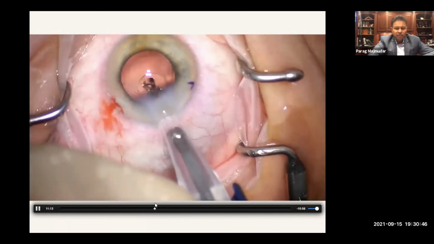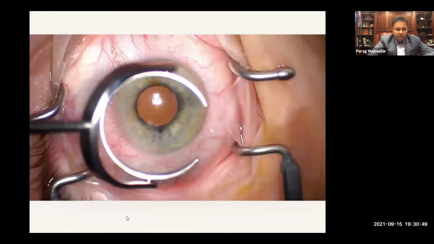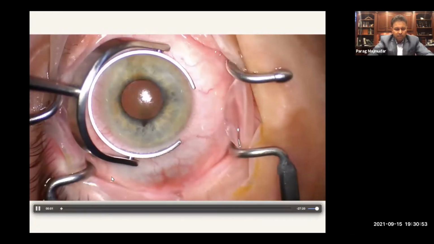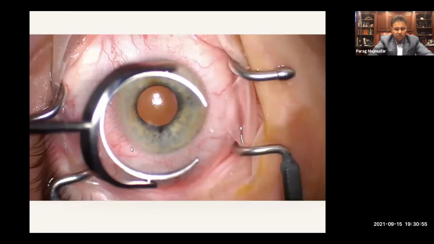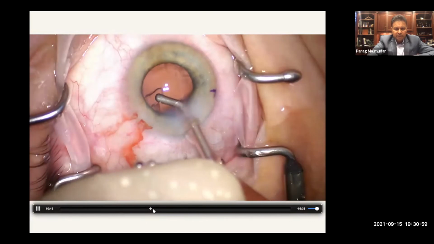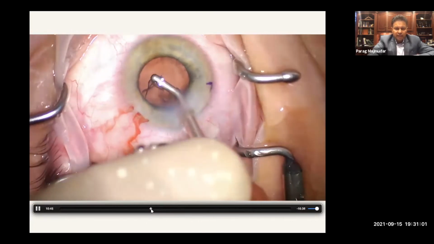So now once you have sorry about that. back here. Wow, come on. So here, so I'm removing the viscoelastic, or sorry, the cortex, and then here I'm putting in